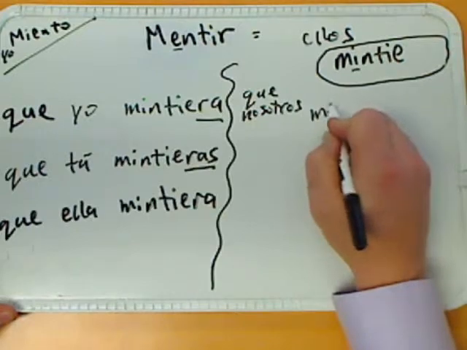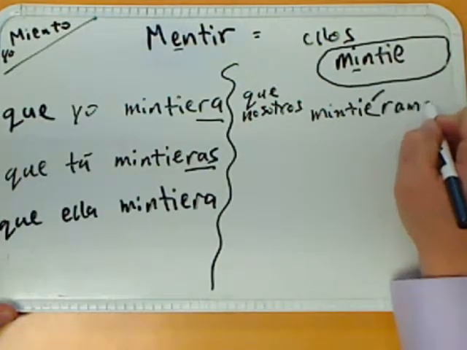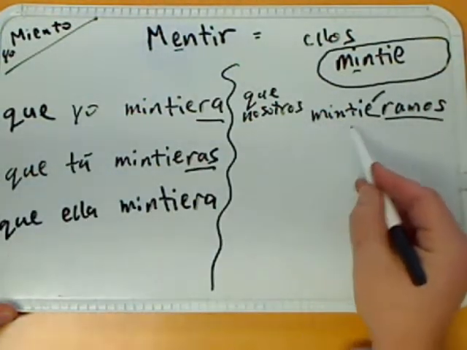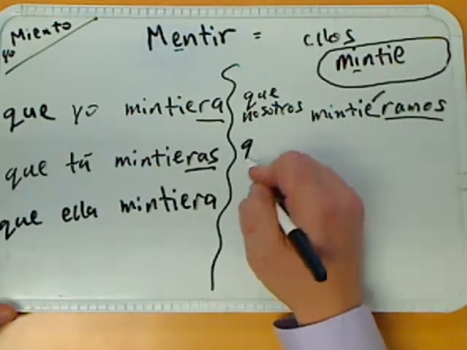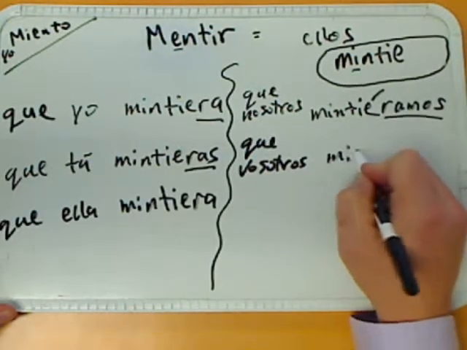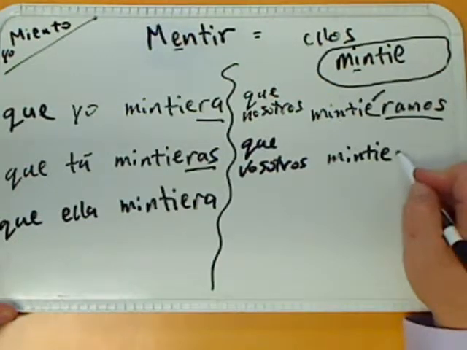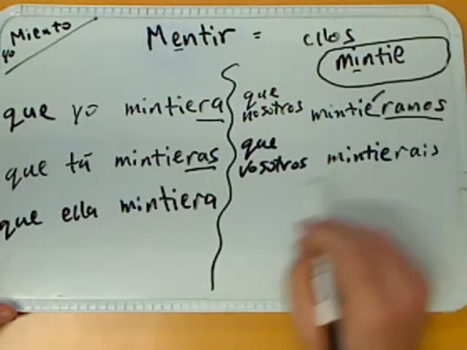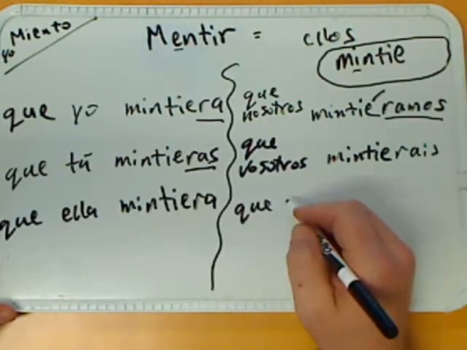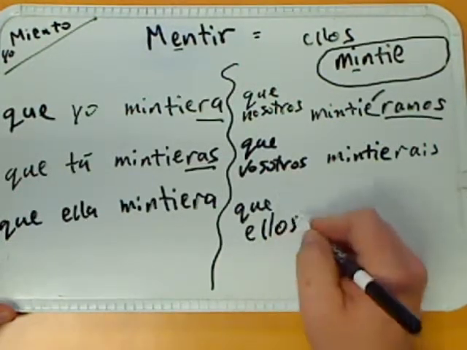It becomes que nosotros mintie, accent over the E, and then ramos. Again, that accent is part of this ending. Okay, so que nosotros mintiéramos. And que vosotros, again, you apply the imperfect subjunctive stem of this verb, que vosotros mintierais. And to conclude the conjugation of this verb in the imperfect subjunctive, que ellos, que ellas, que ustedes